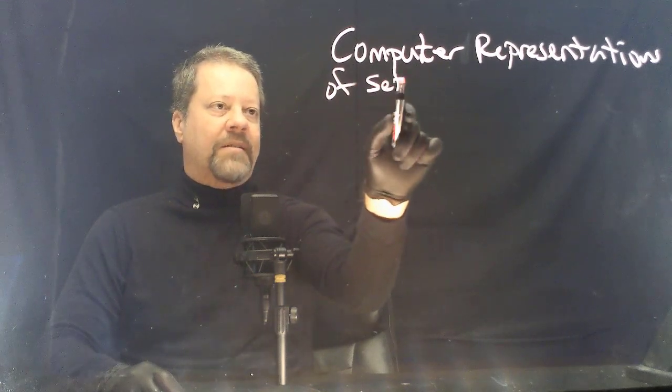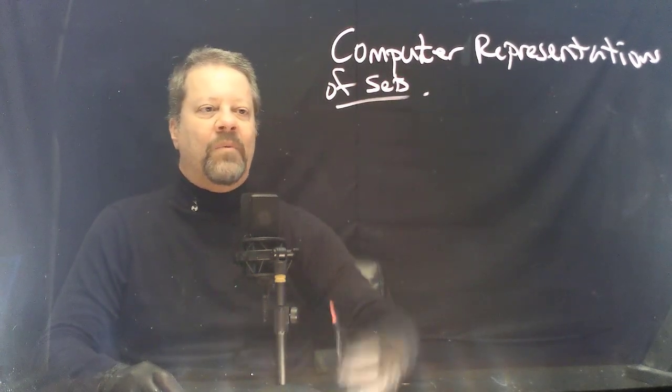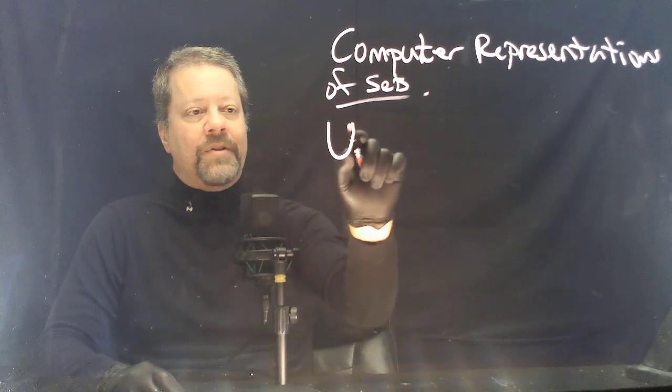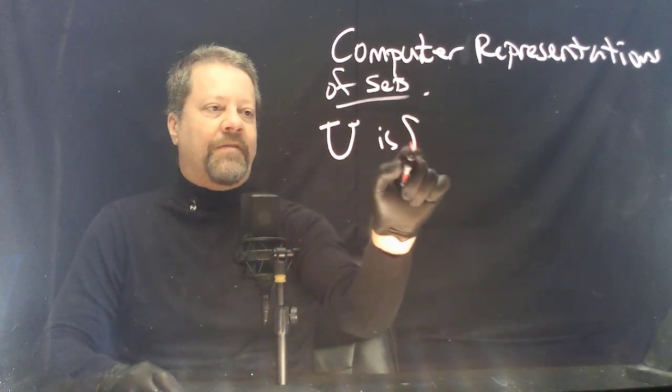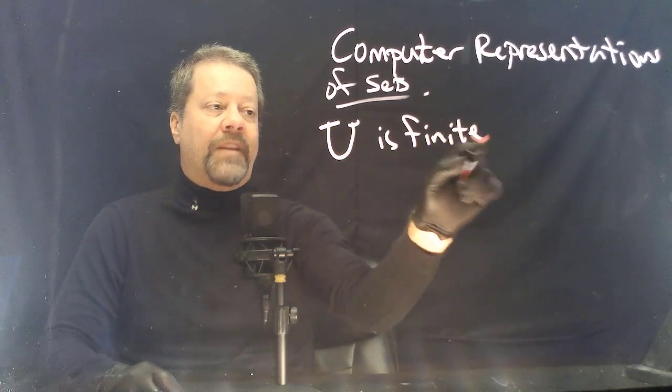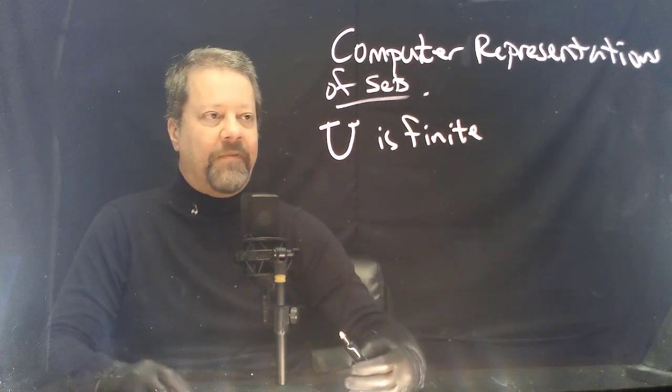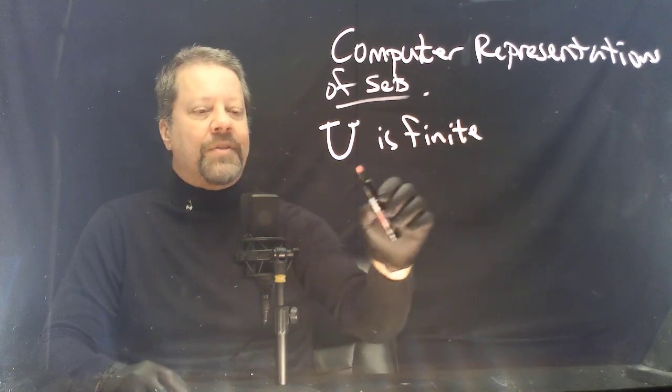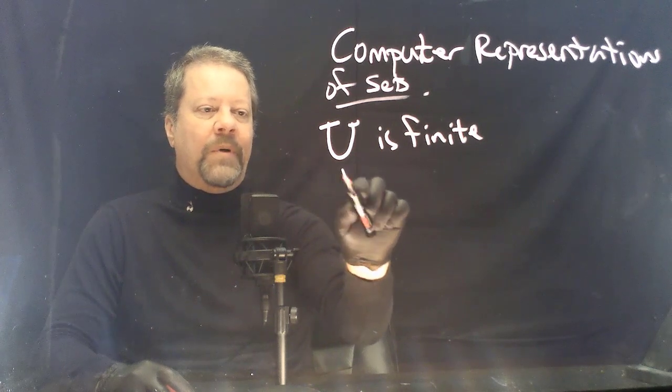Computer representations of sets. One way, we'll assume that the universal set is finite. So everything we do on a computer has to be finite. And so the universal set will be finite. And then we're going to order